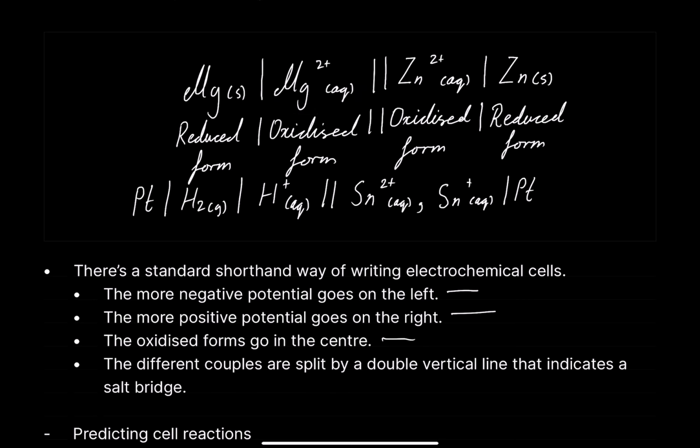But there are instances where there's no change in state of matter. So, for example, platinum, H2 gas to aqueous. There is a state of matter, and you obviously know that the platinum electrode is used here. It's not part of the reaction. We still say platinum, H2 gas. And this is very important that you understand this here, because this can be used to understand the